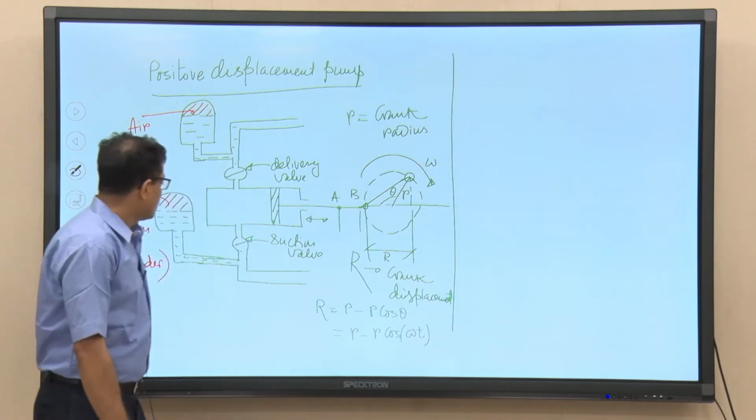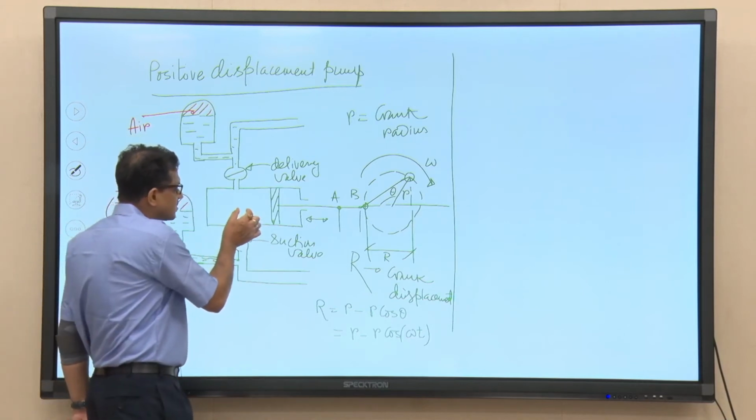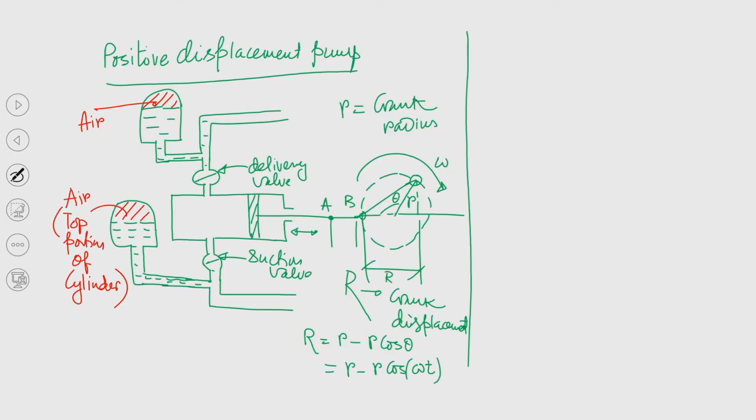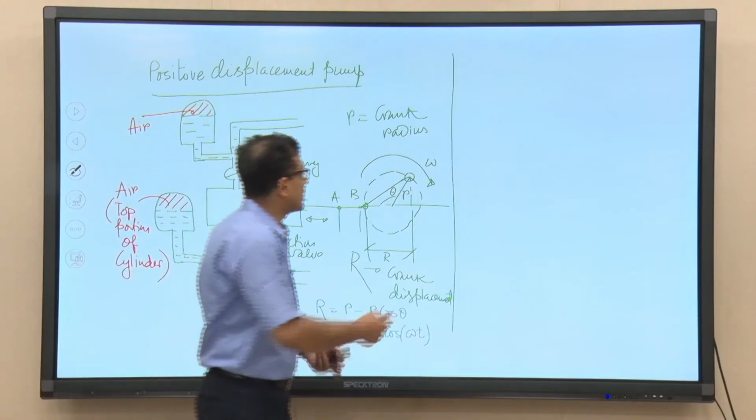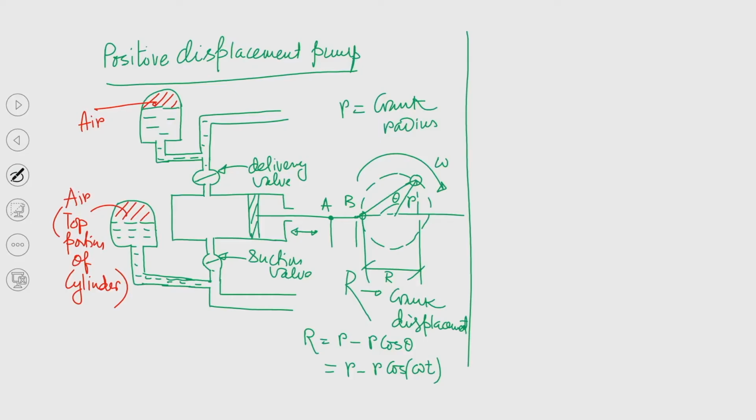Initially, when the piston is moving towards the outer end of the cylinder, because of the acceleration effect we have seen, the inertia pressure will be there. Now if we try to draw the indicator diagram,